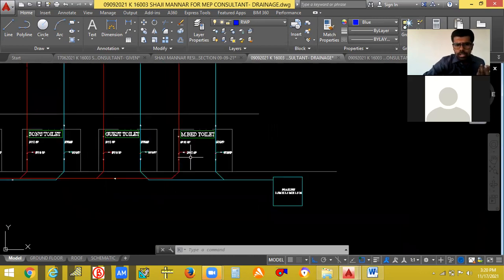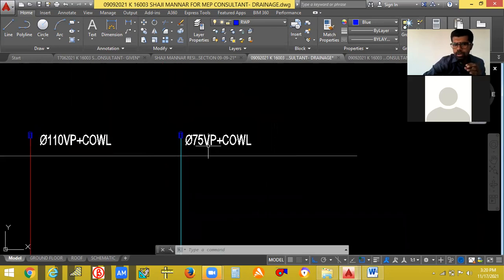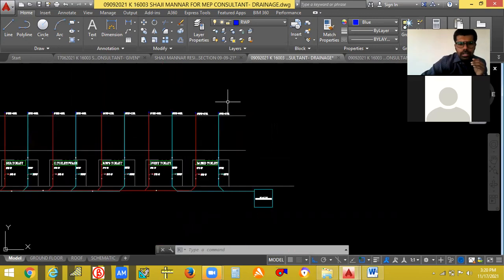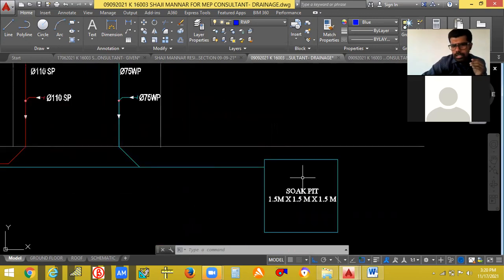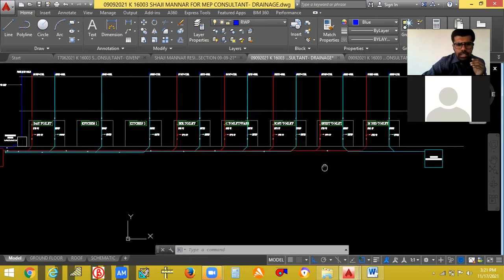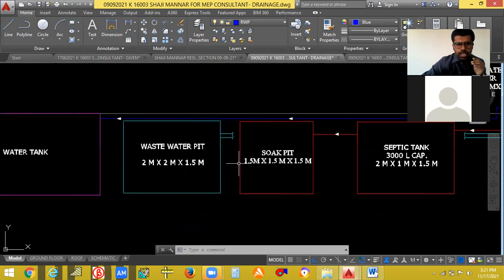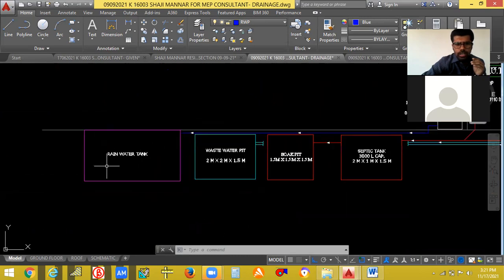The top will be going to the 75 vent pipe and cowl, which is for the foul air to exhaust. This is connected to the soak pit in this area. Another is connected to the septic tank, soak pit, wastewater pit, and rainwater tank.